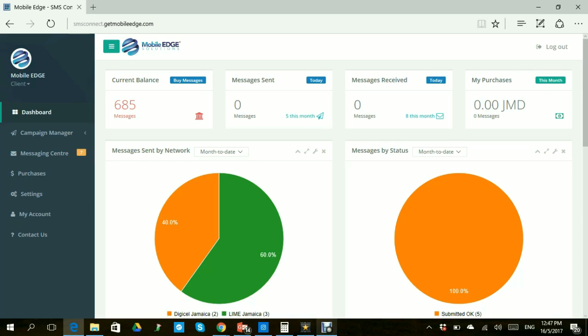I'd like to introduce you to the Caribbean's most advanced SMS platform for business, SMS Connect. SMS Connect allows businesses to connect with customers anywhere, anytime to improve sales or customer service. And today we'll be giving you a quick demonstration of how you can use this tool in your business to